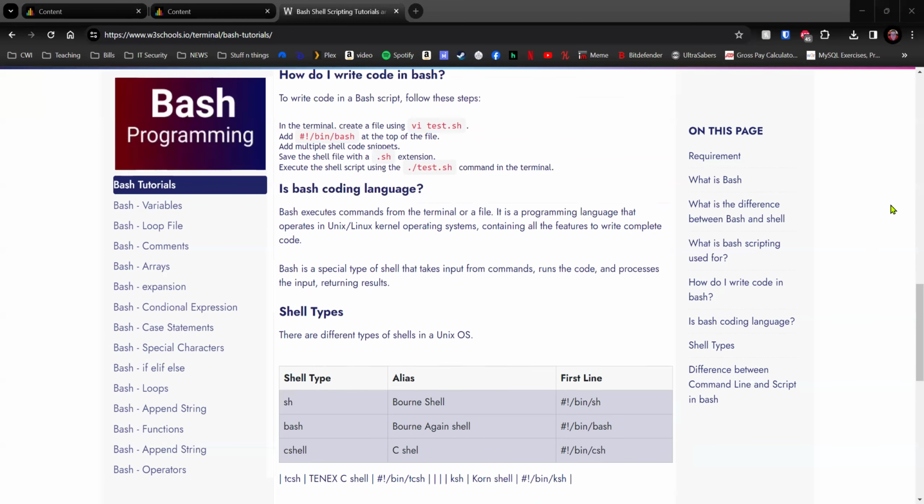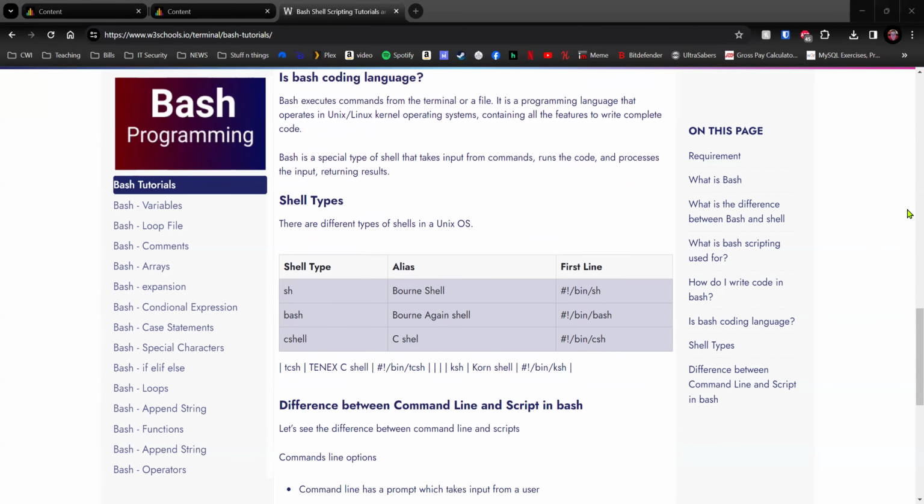So there are different shell types. It says there are different types of shells in a Unix OS. So there's SH, bash, and C shell. SH is your Bourne shell. And then the first line, you just need to see #!/bin/sh. Bash, Born Again shell, that's your #!/bin/bash. And CSH, or C shell, and that one's your #!/bin/csh. So each flavor